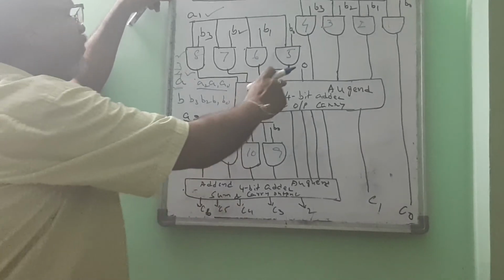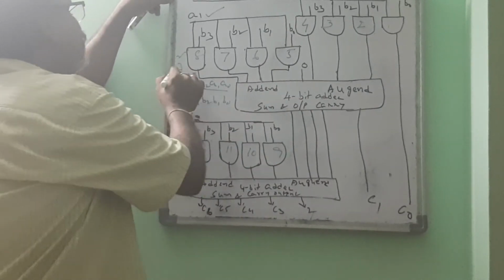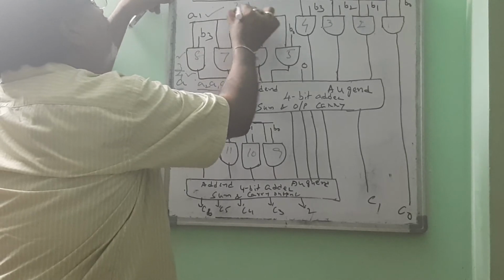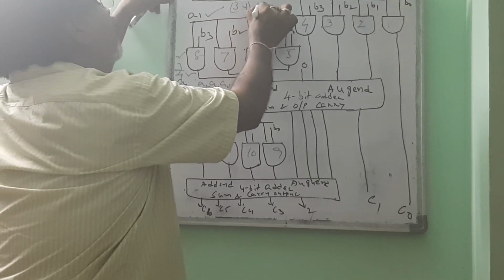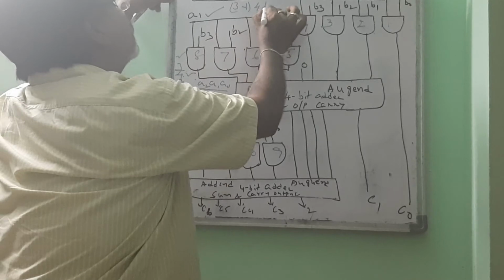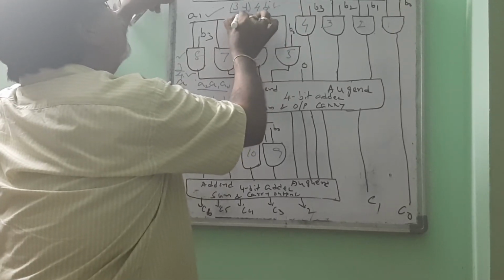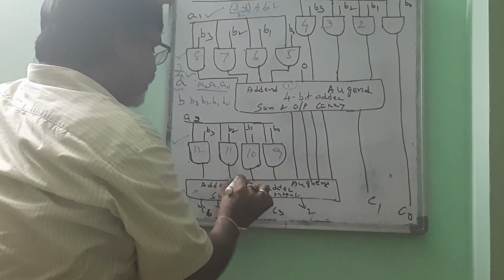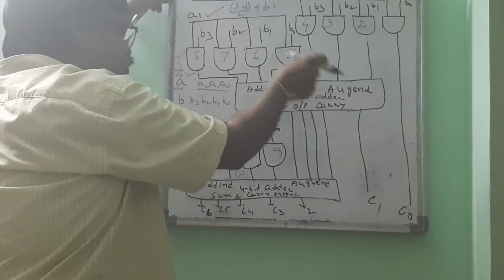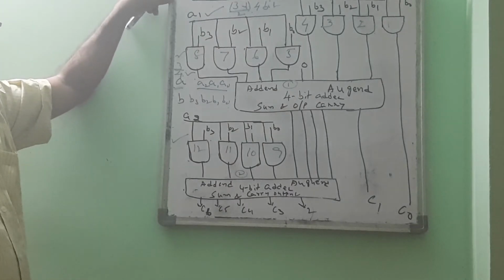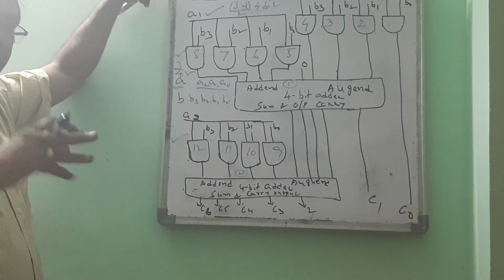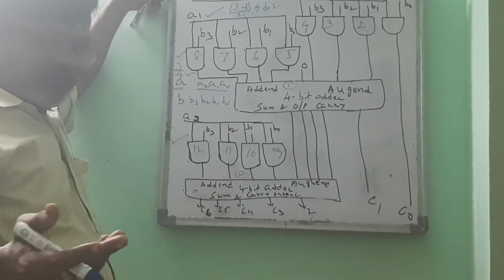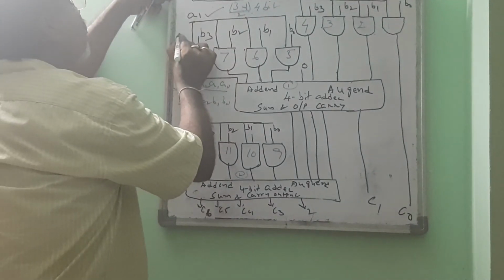And how many adders do we need here? J minus 1, so 3 minus 1, that is 2, K-bit adders, 4-bit adders. So here 1 4-bit adder, here a second 4-bit adder. So 2 4-bit adders we need in this diagram. And in the product, how many bits will be there? As I told you, J plus K.